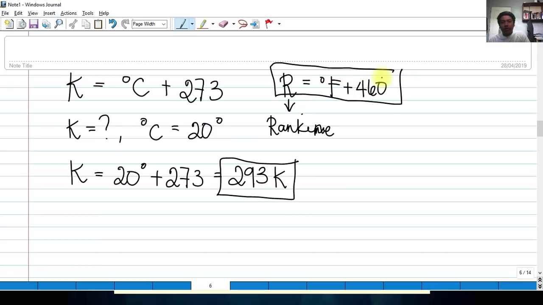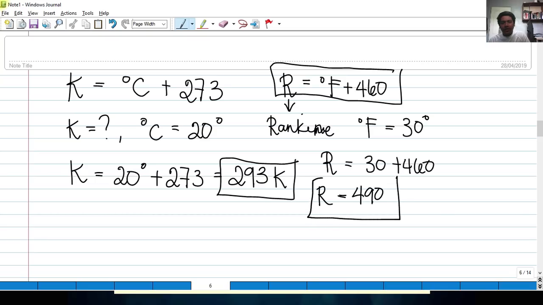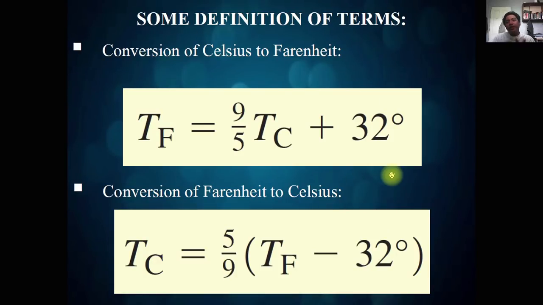So, for example, we have a temperature in degrees Fahrenheit of 30 degrees. The conversion from Fahrenheit to Rankine is 30 plus 460, and that is basically 490 degrees Rankine. This is another unit for temperature. Going back to our discussion, you can also easily solve this temperature conversion on your Casio calculator, if I'm not mistaken, with shift constant or shift convert 38, 37,